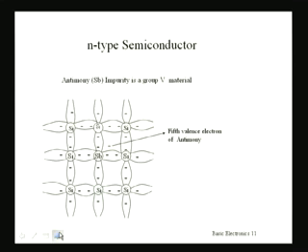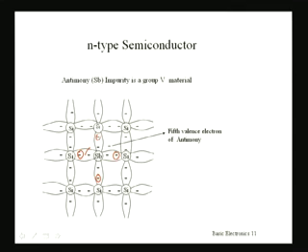So let us take, for example, an N-type semiconductor, and see how it is formed. Now, N-type semiconductor means we have to add a pentavalent impurity material. So let us take the example of adding antimony, which is a pentavalent impurity material, a group 5 material having 5 electrons in the outermost orbit, to a silicon semiconductor. Now, this silicon atom has 4 electrons in the outermost orbit. So these are silicon